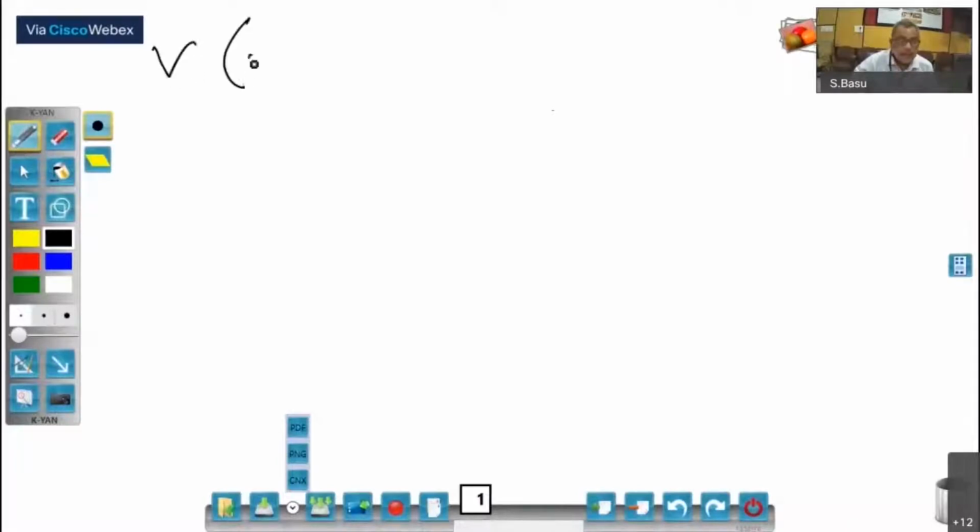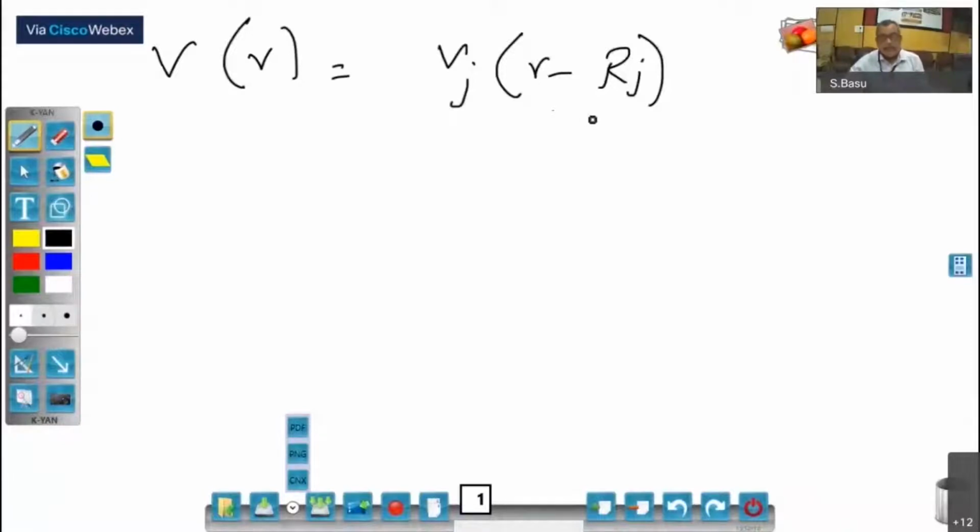So my V of r is still localized around some R j values which are dynamical. Basically, this can have a time component, as I'll see, and this is a sum over scatterers. So my system is an assembly of scatterers. I don't know whether periodic or aperiodic, and these are the R j's that I define my V with.